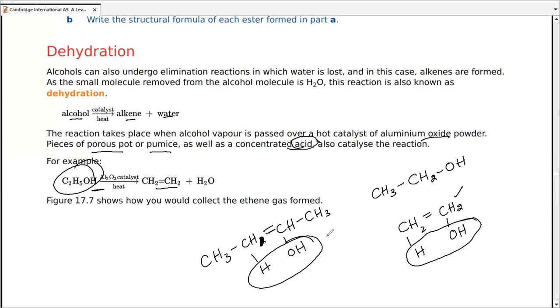So this gives you a pretty good idea how to do it. Remember, nothing happens to the rest of the structure. Only the carbon which has the functional group and the carbon next to it, which I'm calling the adjacent carbon atom, will have the difference and will have the double bond in between. I hope you get the point. Okay, so moving on,